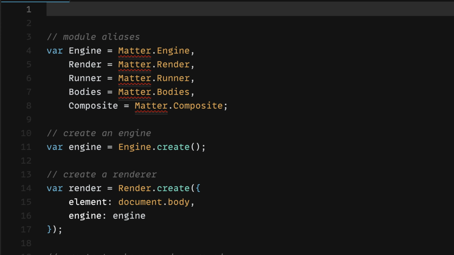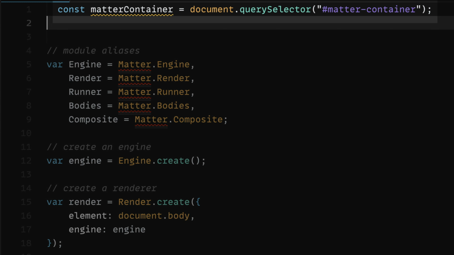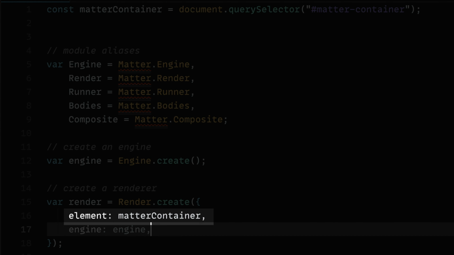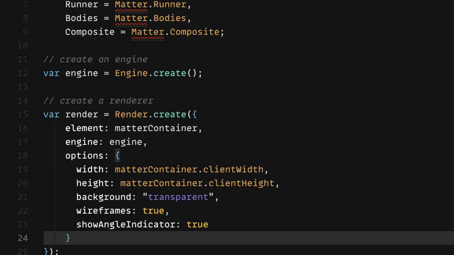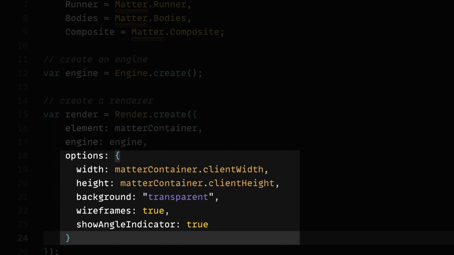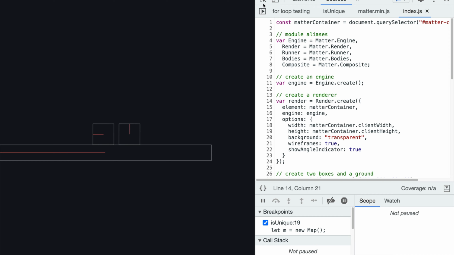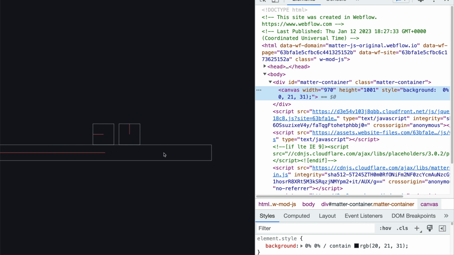Let's start by getting a reference to Matter Container using document.querySelector and pass the ID of Matter Container. We'll change the element from document.body to Matter Container, and we'll pass in an options object where we set the width and height of our canvas to the Matter Container clientWidth and Matter Container clientHeight. We'll also adjust background to be transparent, wireframes to true, and showAngleIndicator to true. We can see that the canvas is taking up the whole screen, though we still need to adjust the ground